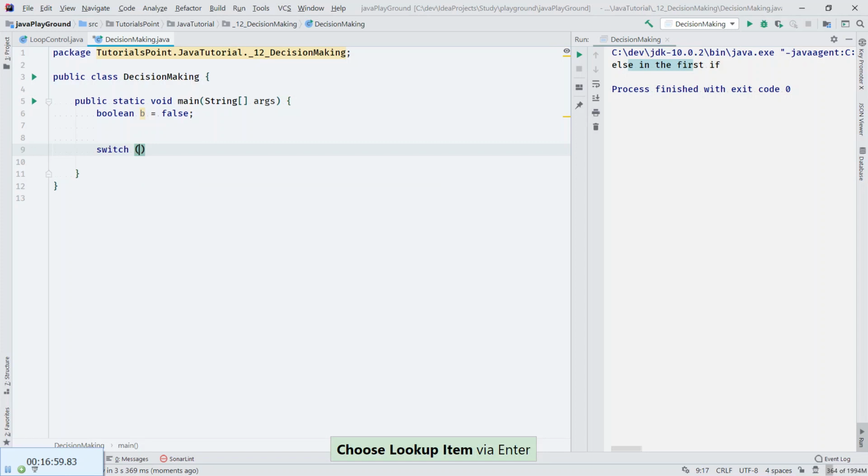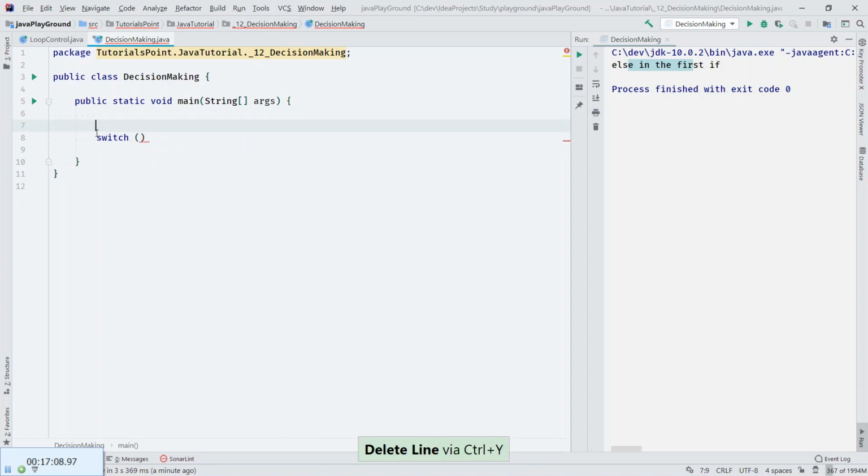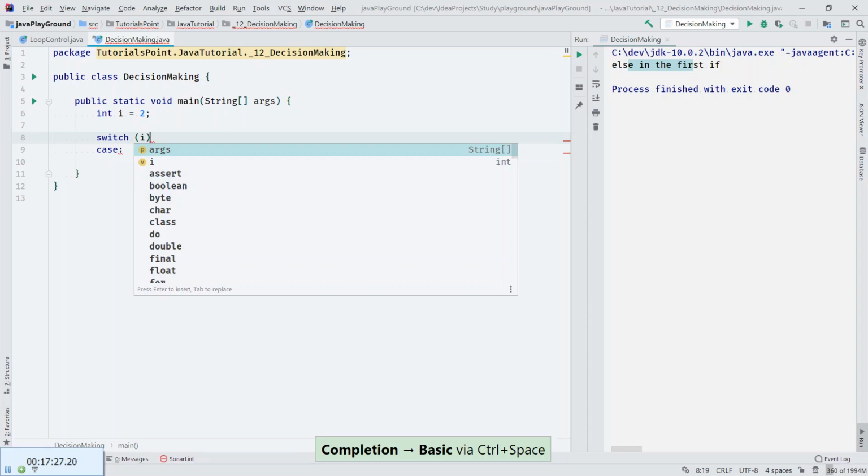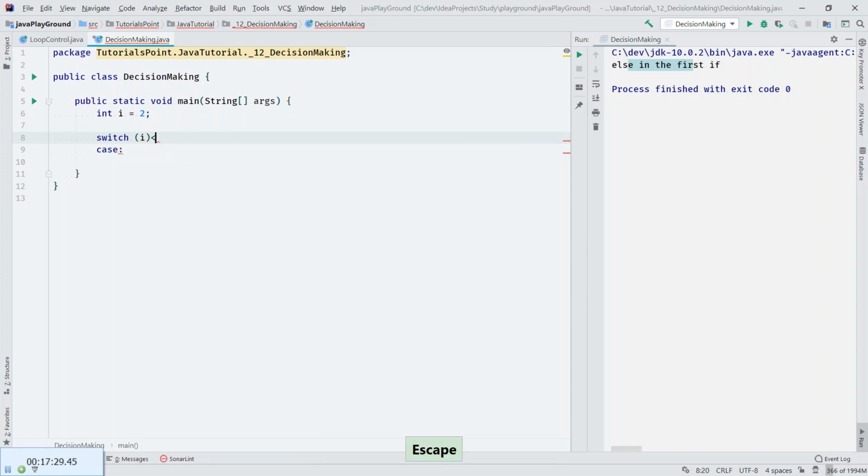So the switch will take something, let's say int i equals 2, and the switch will be i, and we'll say case. Like so maybe?